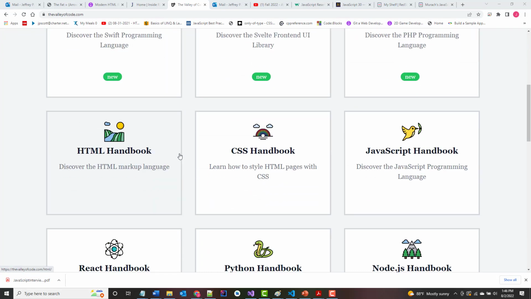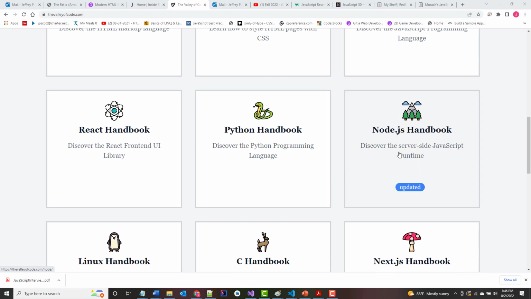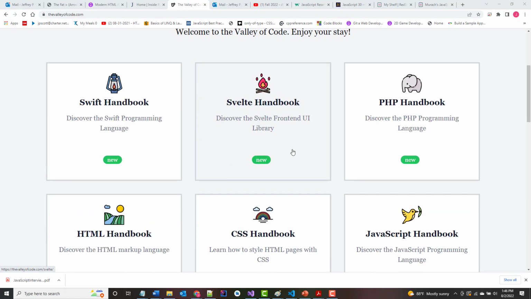So far, I've done most of the stuff I wanted to go through in here for Mr. Cope's server-side development. I've created about 5 things from his HTML handbook, about 10 from his CSS, and about 5 from his JavaScript handbook. Now, later I'm going to go into the Node.js and the React, but before I do that,